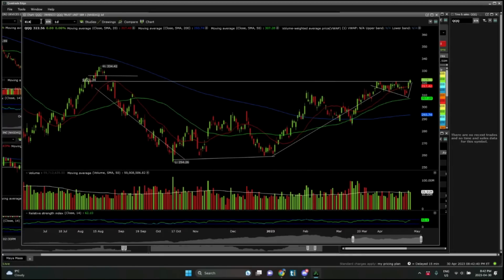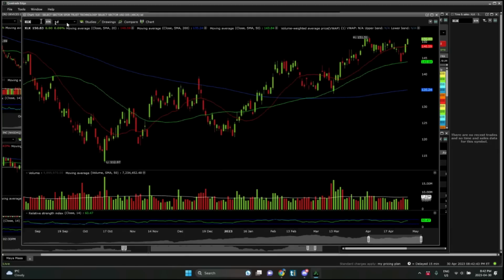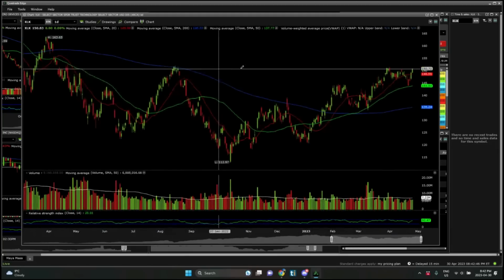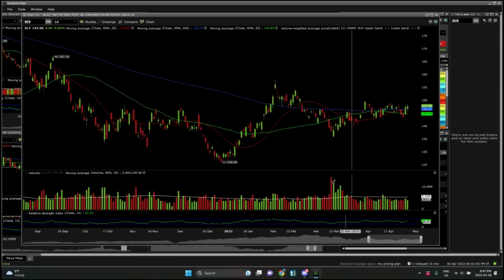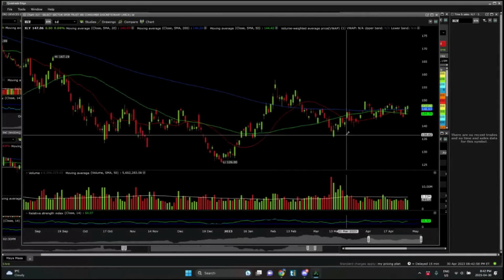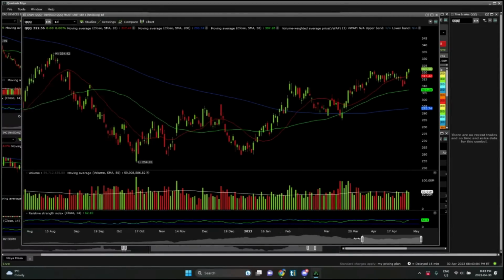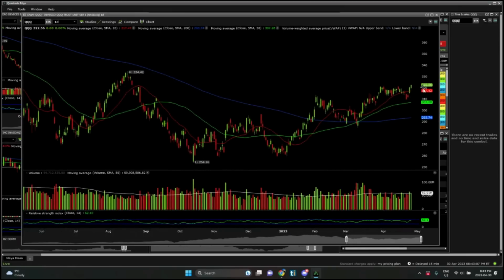But like we talked about yesterday or whatever, XLK technology is at resistance, right? Technology is at resistance. XLY discretionary is trying to break out. It could start to break down because there's a wedge, right? So the Qs, if we study the Qs, on a technical analysis basis I have to say this looks like it's breaking out because this is what the formation is showing me. But my instincts, just human instincts, tell me the Qs are going to sell off. Does that make sense? I don't know if that makes any sense. Because the formation is just so strong.